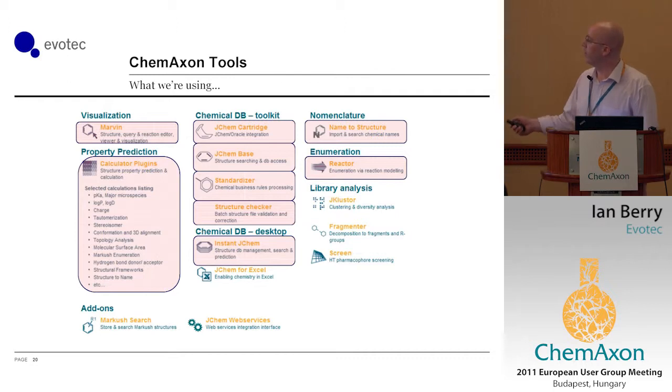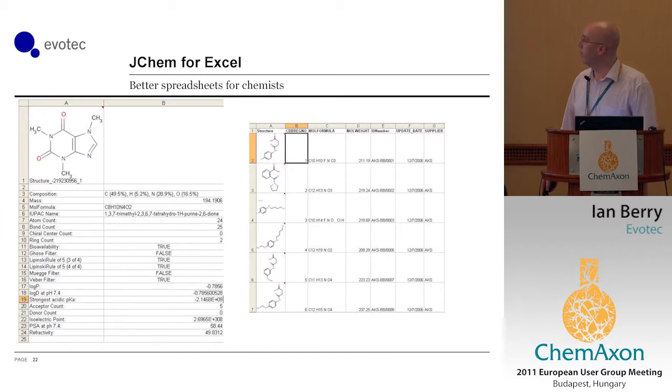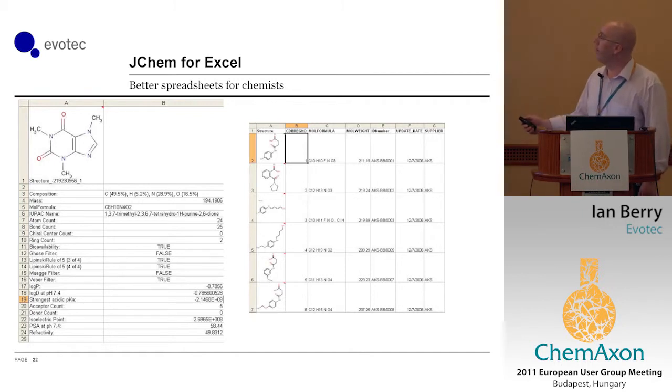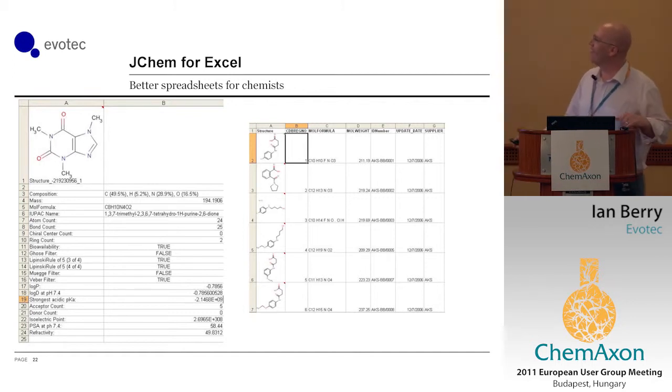Again, the fun side of that: we're using lots of things within IJC, so we're using things everywhere. So Excel, this has obviously been talked about quite a lot by Thomas and Karen, but we're using ISIS for Excel. ISIS for Excel, what am I talking about? JChem for Excel, slip of the tongue. Oh, dear. JChem for Excel,